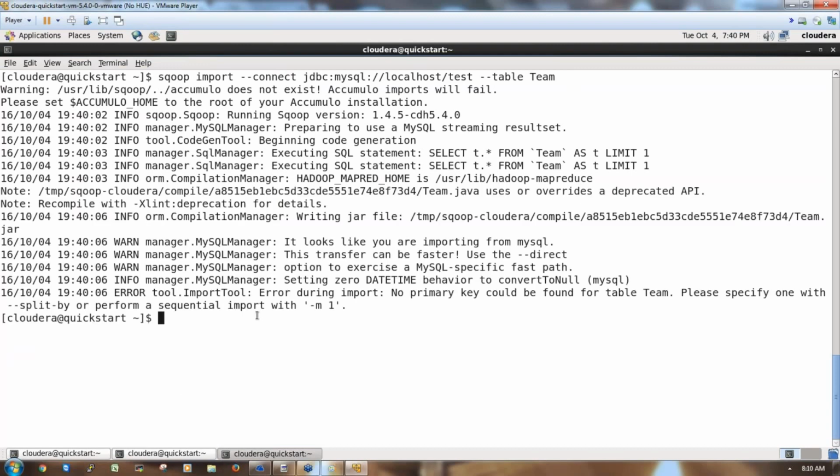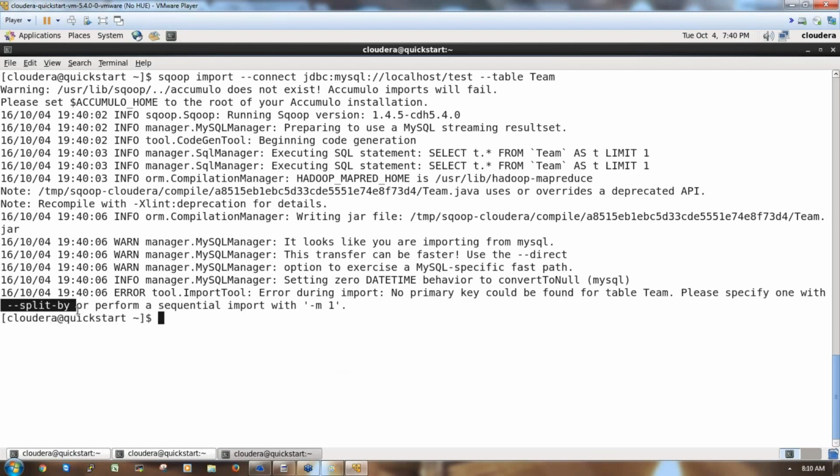Okay, so it's throwing an error. See now, error during import: no primary key could be found for the table team. If the table does not have a primary key and you did not specify the number of mappers, it will throw the error. It's suggesting we either specify one with --split-by, or perform the import with -m 1.